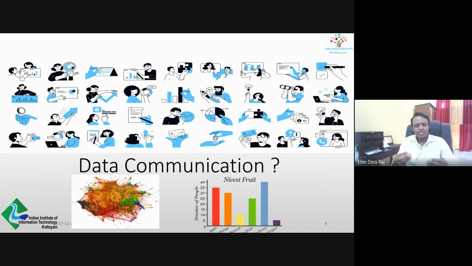So if a graph is just a data visualization, data communication is when single or multiple visualizations are used along with some visual communication to convey a message. But in general, data communication could be in any form. It could be reports, tables, dashboards, infographics, or even presentations. So the goal of data visualization is to clearly and effectively communicate information to an audience so that they'd be able to take a decision based on that.